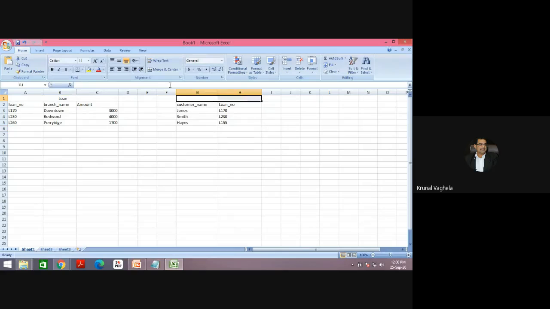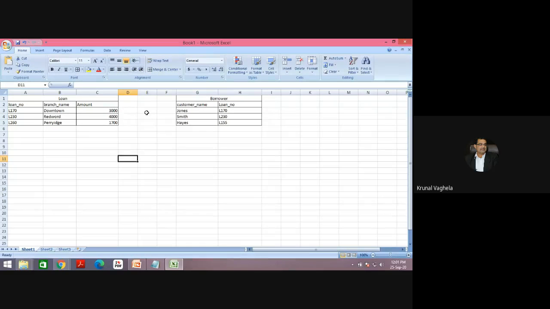And this table is borrower. Let me put it in proper format so it will be easy.